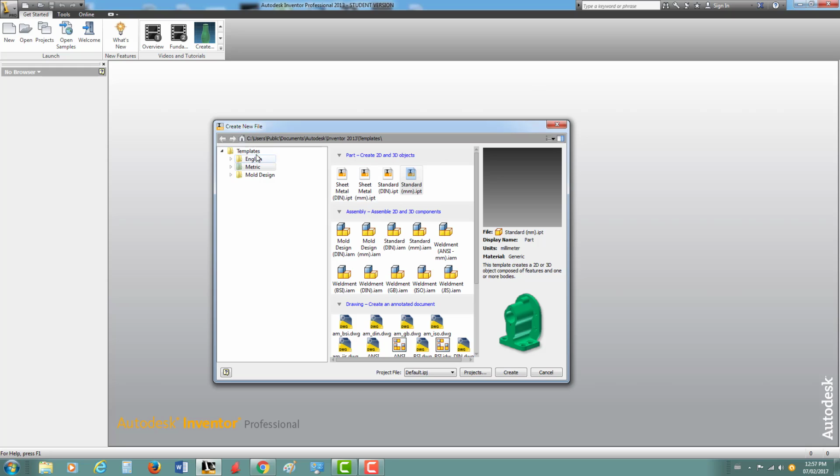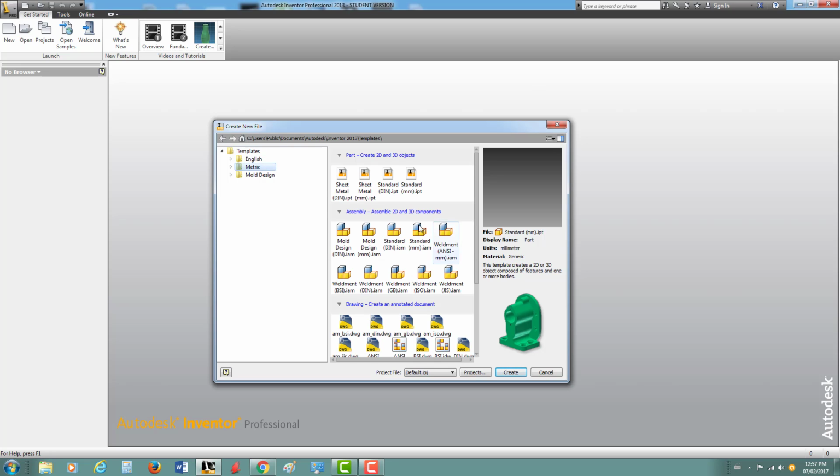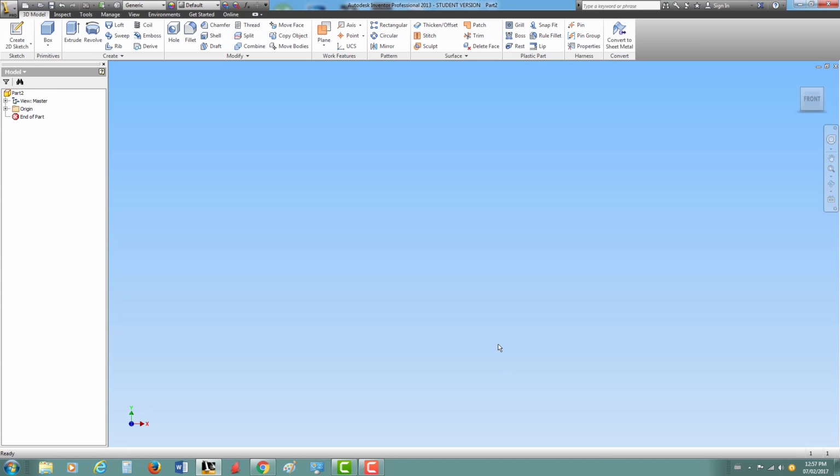templates. There's a chance that when you click on it, you'll see the general templates that are always used, but we want to make sure we choose a metric template because all our measurements are in metric units. So I'm going to click on metric, and there's a whole bunch of standard millimeter, but you want to choose the one that says standard millimeter .ipt. So we're going to click on that, click create, and then now we have a workspace, a 3D workspace from